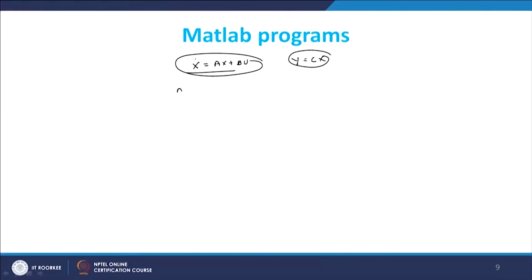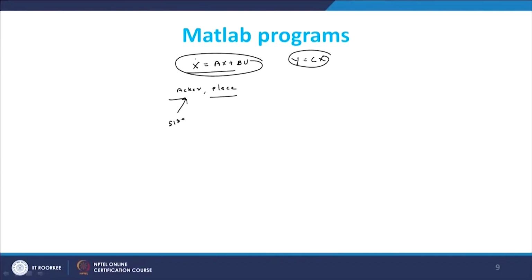In MATLAB there are 2 commands. One command is called acker, ACKER, and the other is place. Both commands can be used for designing the controller, but for a SISO system, single input single output, we go for acker, and if the system is MIMO, we have to go for the place command. The general format for this controller design is Kc equal to acker,